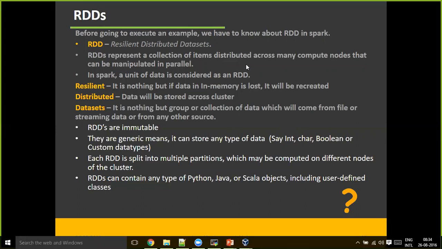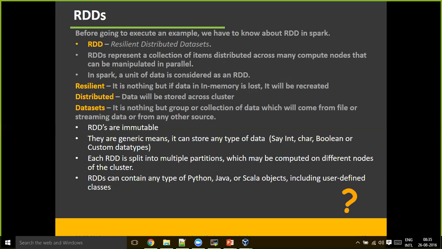So here, resilient means fault tolerant. If some data is lost, we recover it. How? Let's not worry now. Distributed means if you load a file, same like your HDFS, it will not get stored in one machine. It will get distributed into multiple machines.